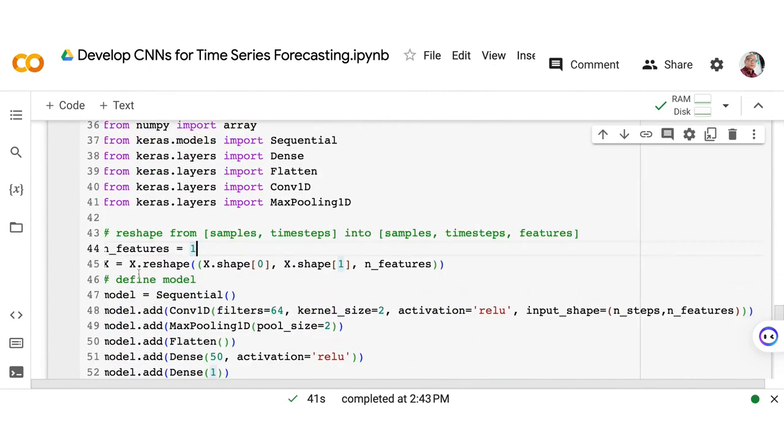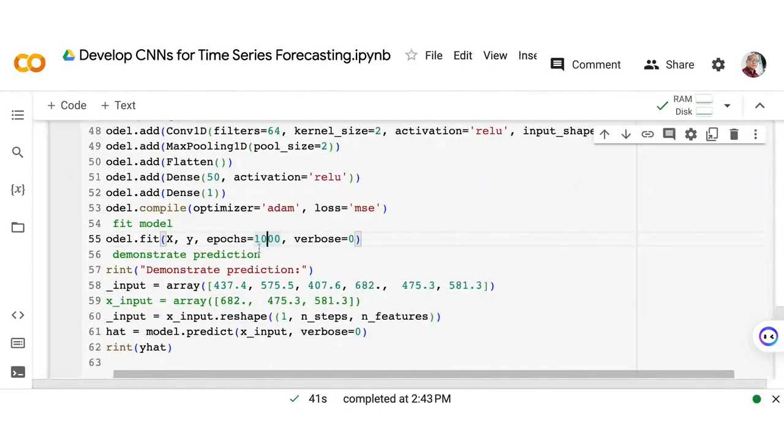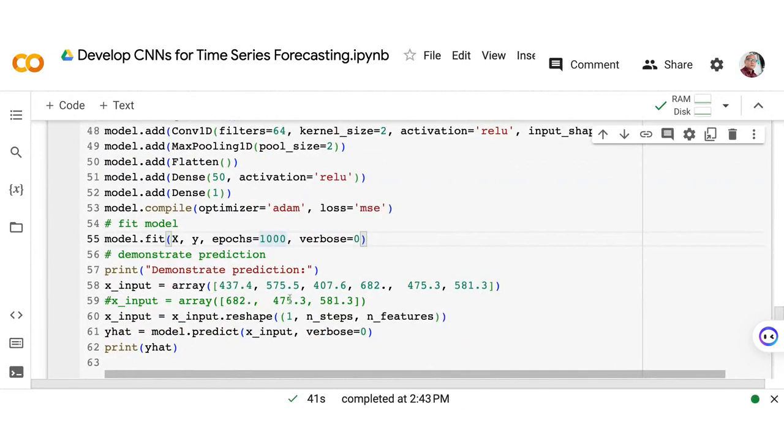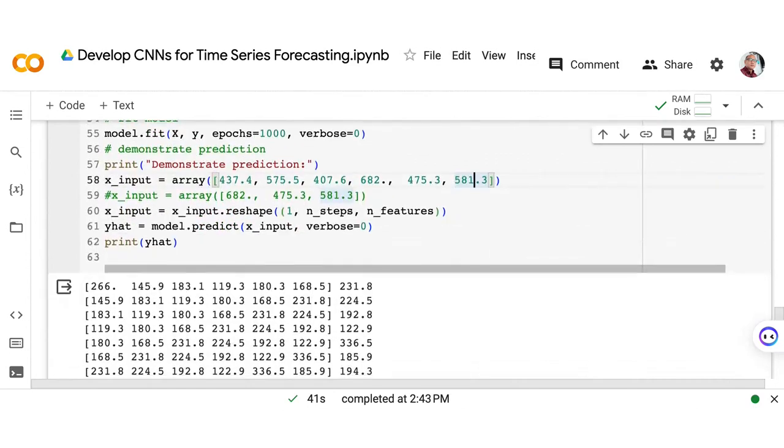And we did some reshaping as well for the input part. And the model that we use is just the baseline model that we have. And we would like to make a 1000 run for this. Now to demonstrate the prediction, as you notice here, these are the values that we placed. So 1, 2, 3, 4, 5, and 6. Right? So let's try now to predict.